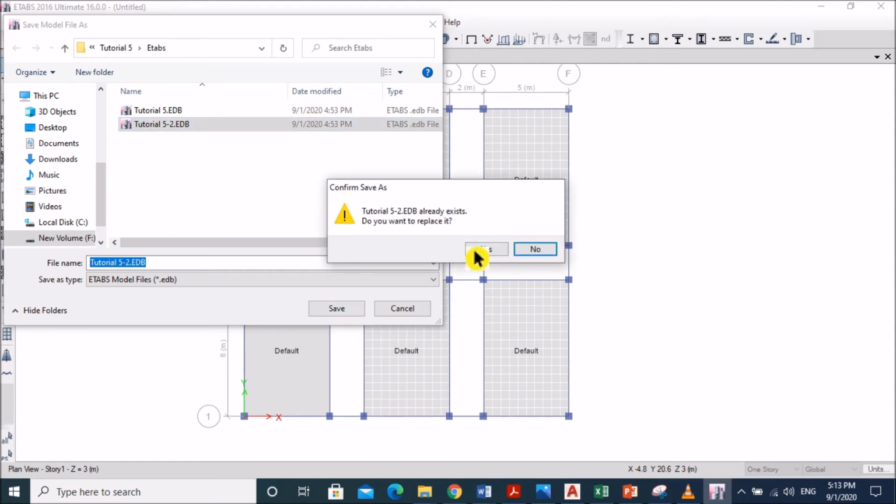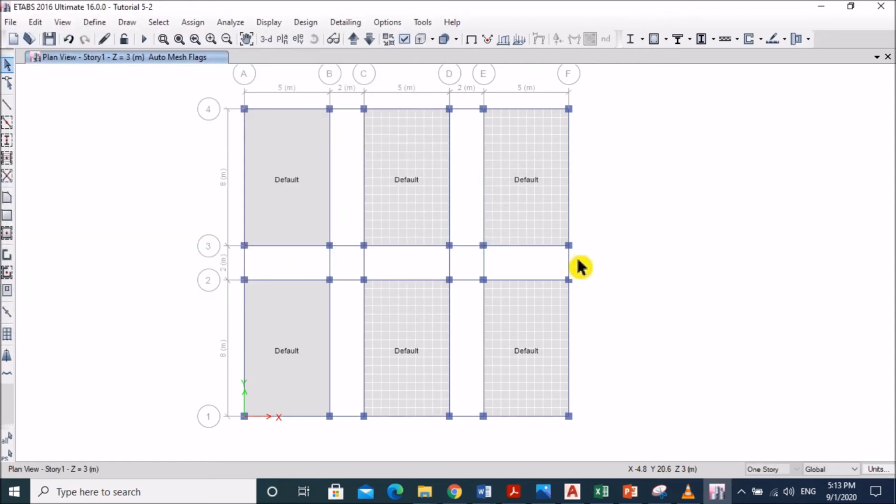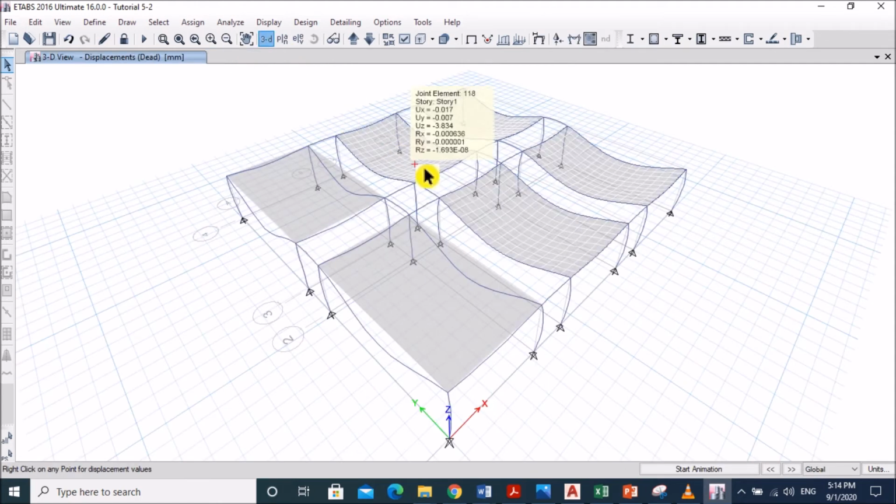Save as. Just go to 3D view. It is the deformed shape.